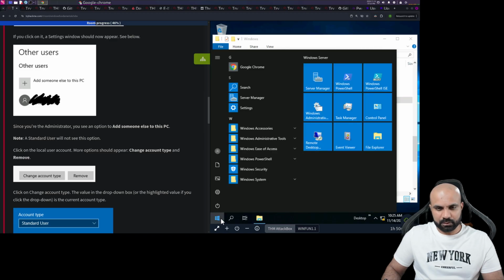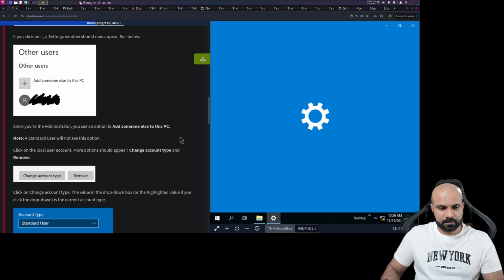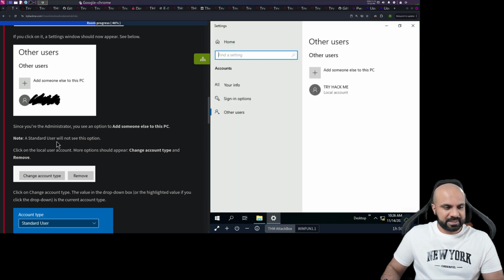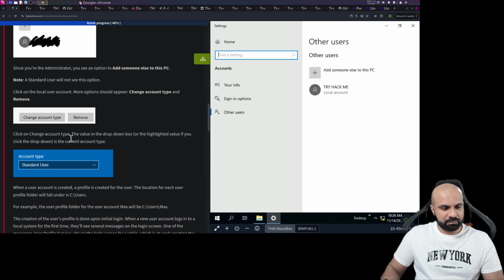Let me go again. Other users setting. A standard user will not see this option. Click on the local user account. More options appear: change account type and remove. Click change account type. The value in the drop down box, or the highlighted value if you click the drop down, is the current account